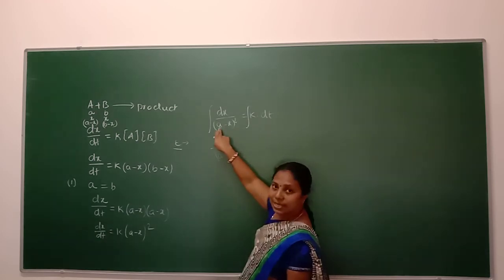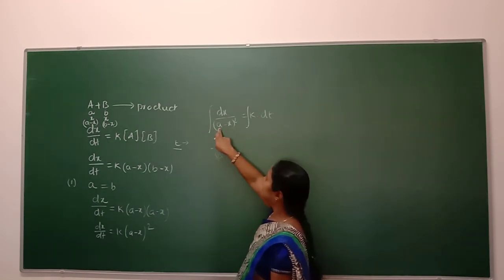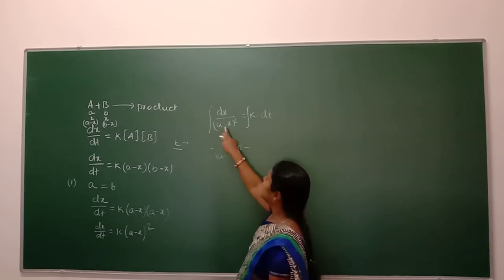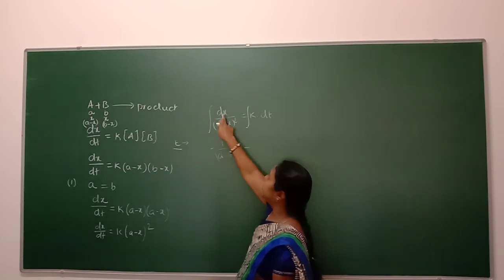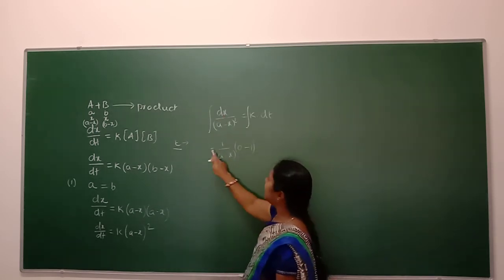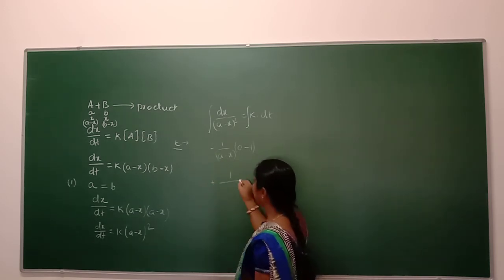A is a constant, the initial concentration of reactant, whose value is fixed. The differentiation of a constant is 0, and 0 minus the differentiation of x with respect to x, which is 1. So the minus and minus cancel with one another, and we get plus 1